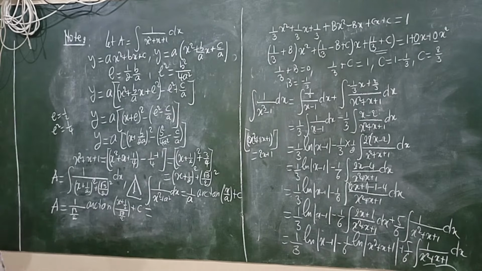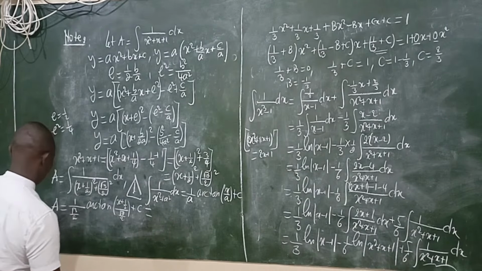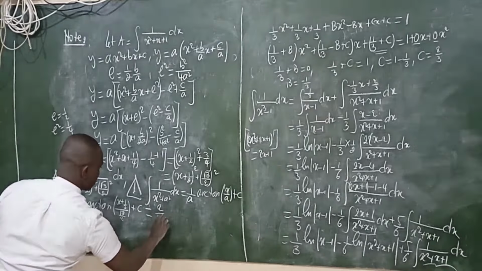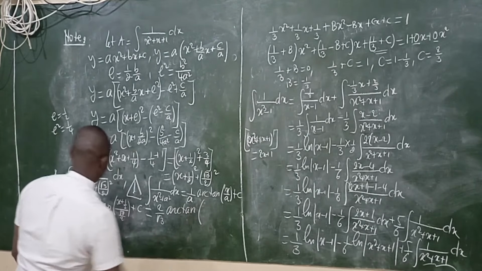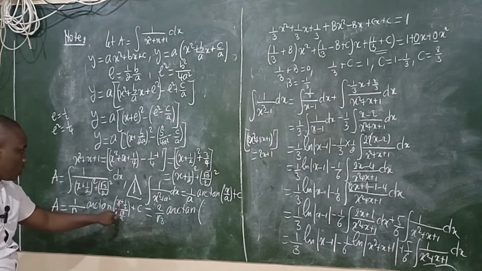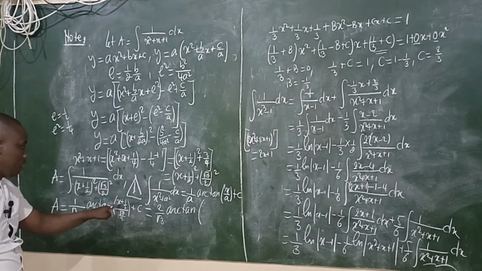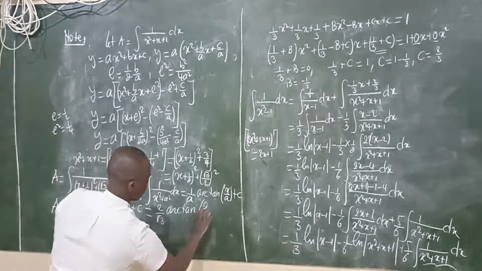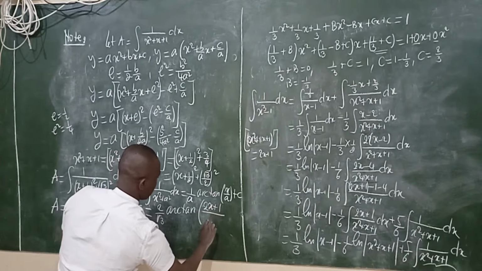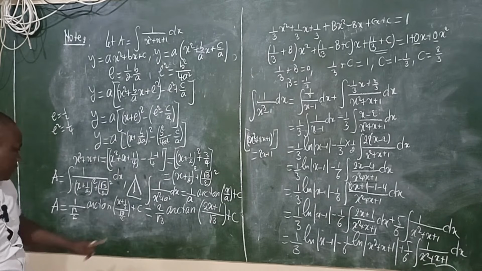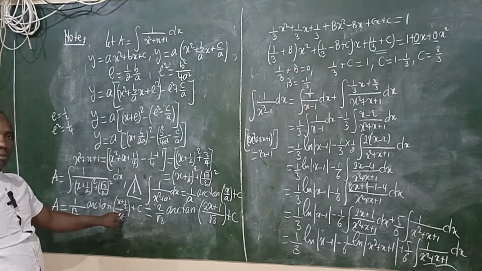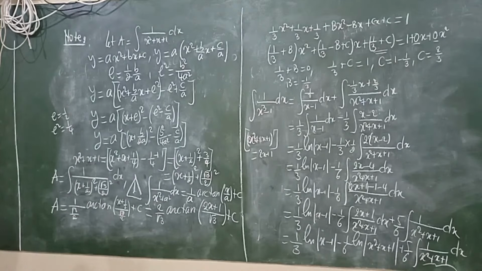Dividing a fraction, we multiply by the reciprocal. Here is 2 by root 3 times arctangent of, on common denominator, multiply x by 2. Here will be 2x plus 1 divided by root 3 plus c. That is because these two will be simplifying this. Okay, so